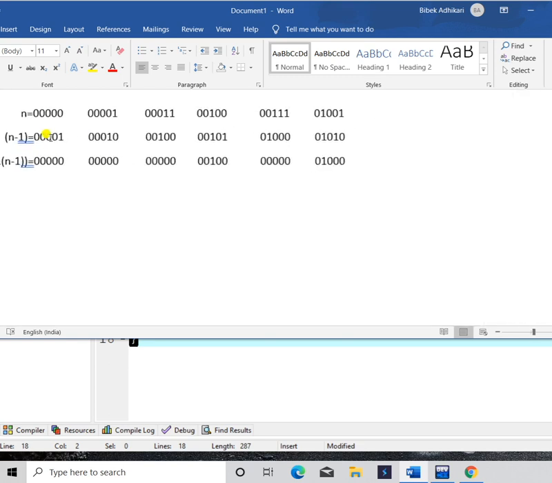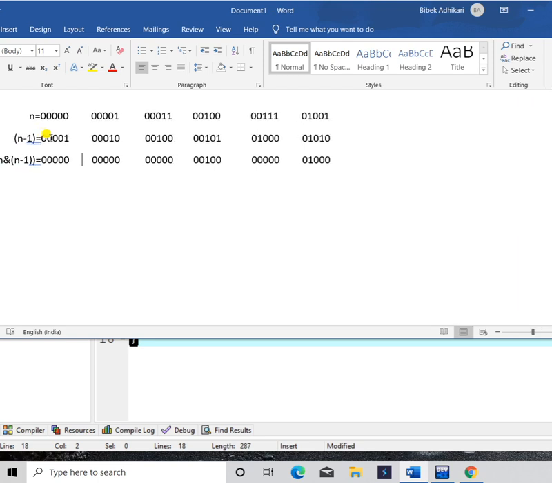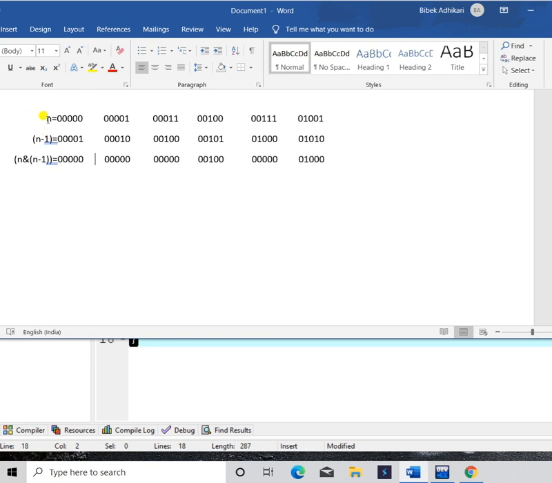See here, suppose this is the value of n, and that is the previous value of n, so it is n minus 1.